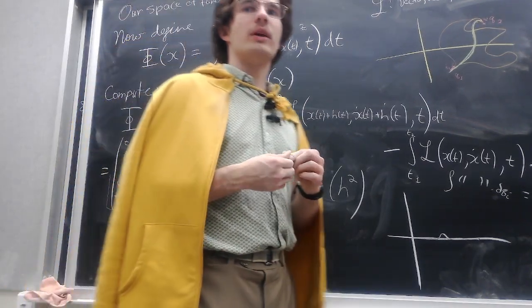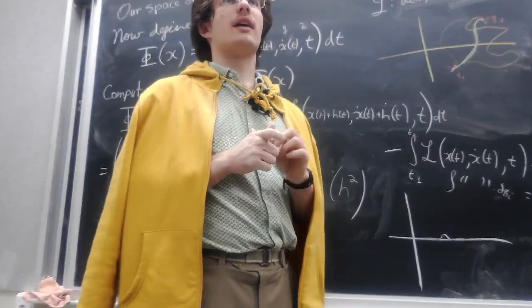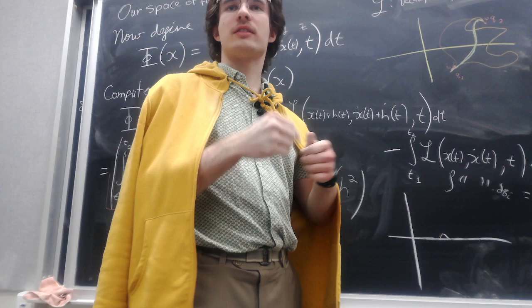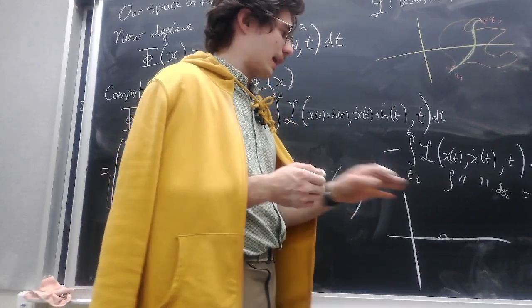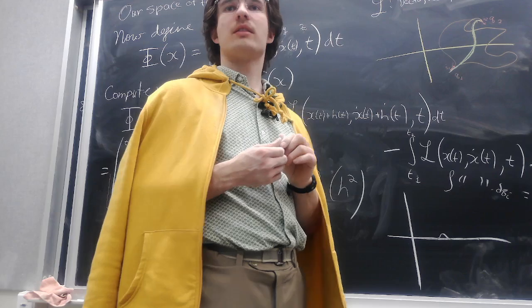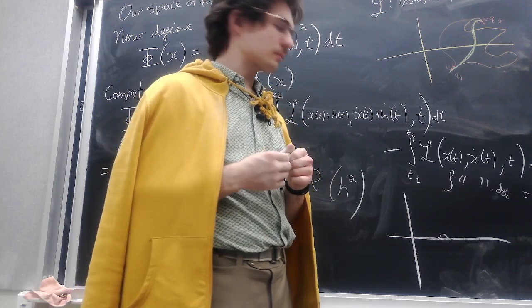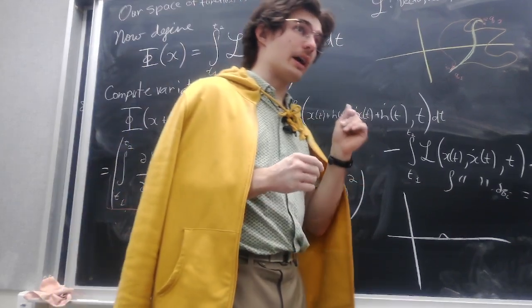Right? Because remember what the variation was. We wanted the variation to be something linear in delta qi, and it is. Okay. So I can choose delta qi to be anything that I want. And so I'm saying that, okay, I want,